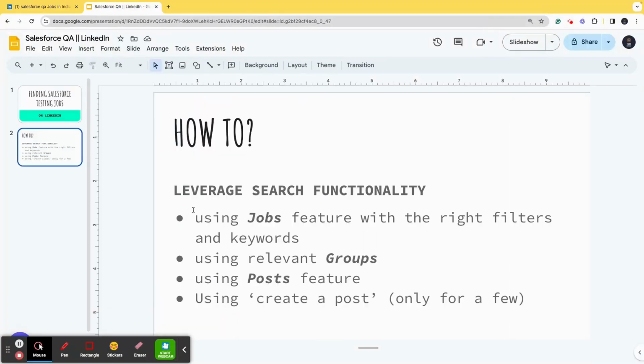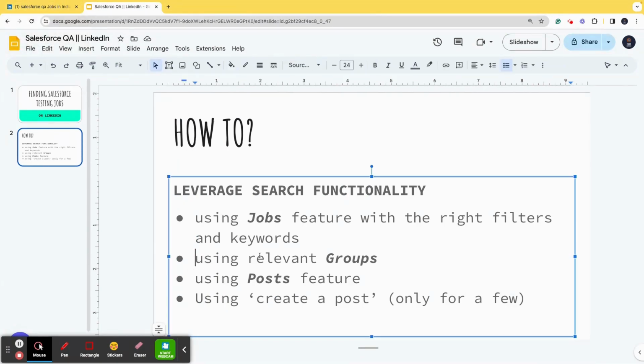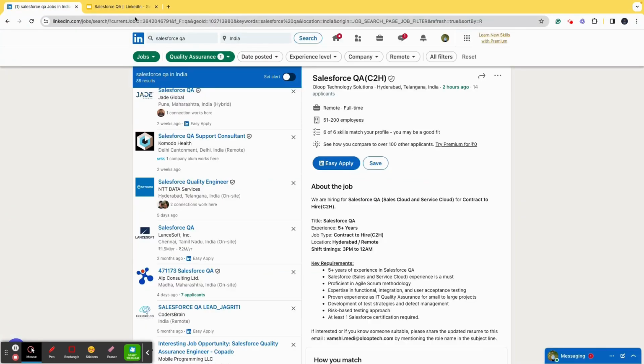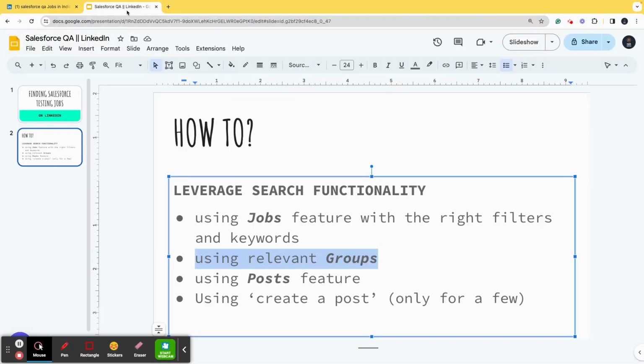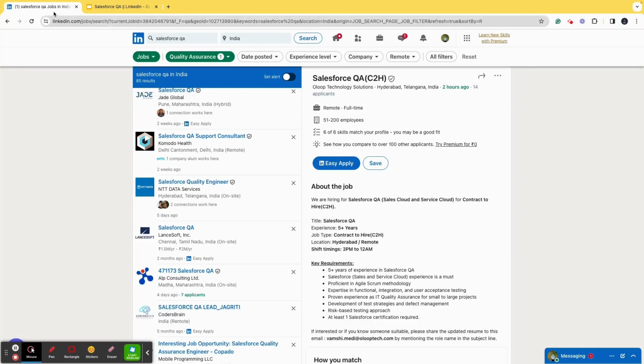So your point number one is done. Now, point number two, that is using relevant groups, right? So let me go ahead and, I'm sorry, I'll be focusing on the third point first, which is using the posts feature, right? Because this is more related to jobs. So of course we use the jobs feature, which is the most important one, because these job records are created